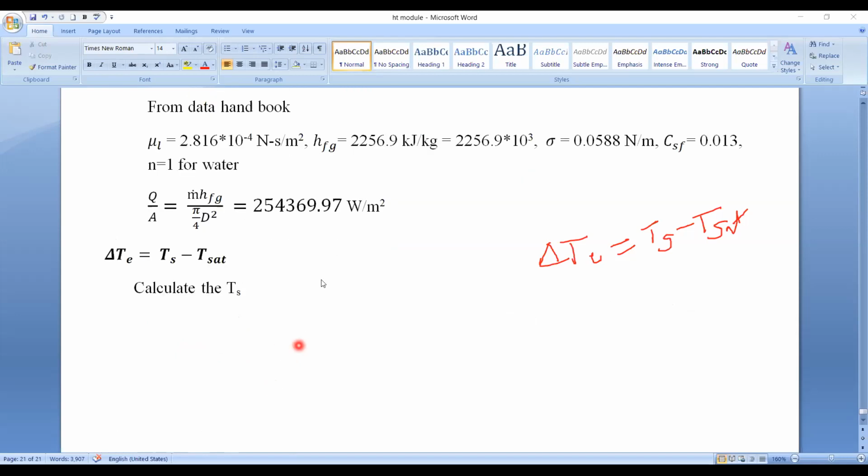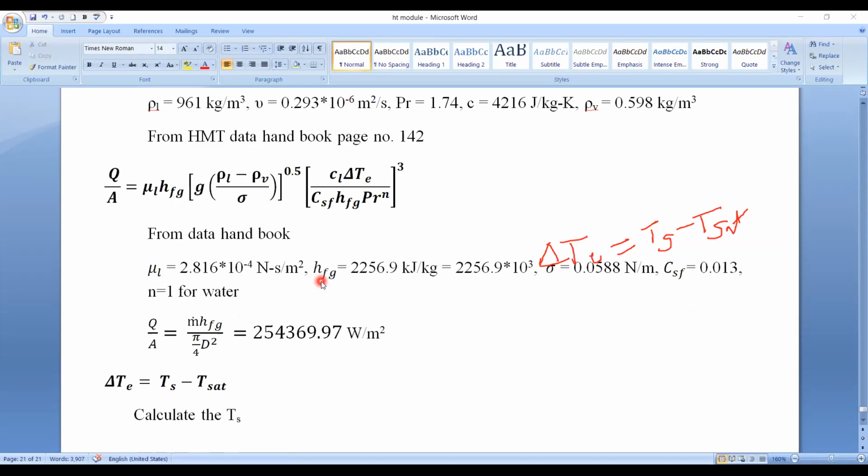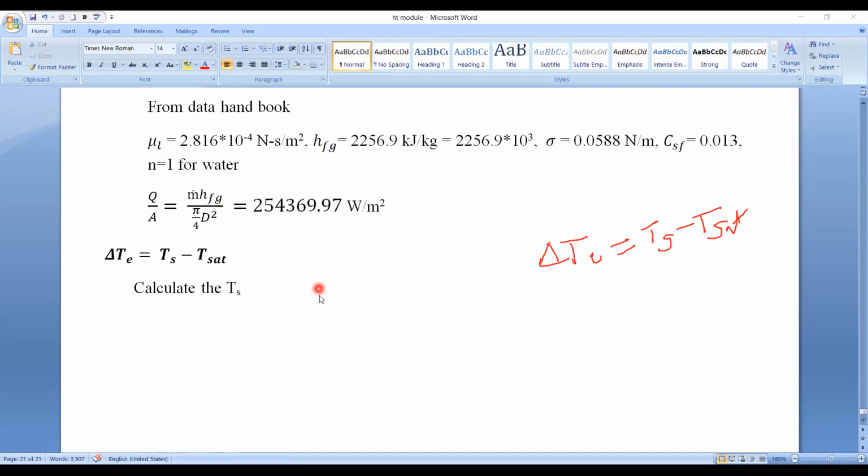So with this, we'll conclude lecture number 3. In the next class, we will see a few more numericals on boiling, and after that we'll go to condensation. In condensation, we are going to deal with film wise and drop wise condensation. Only one topic is there as far as theory is concerned. Next, we'll go with the numericals, because the numericals on condensation are very important from your examination point of view.